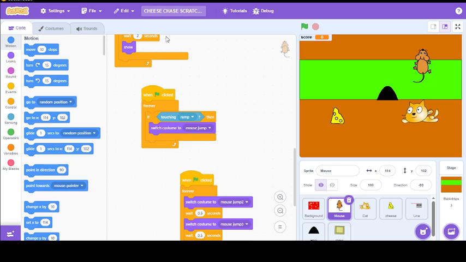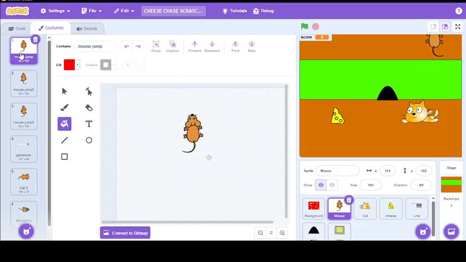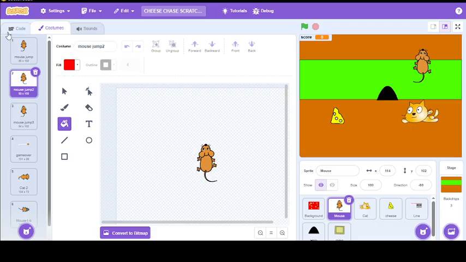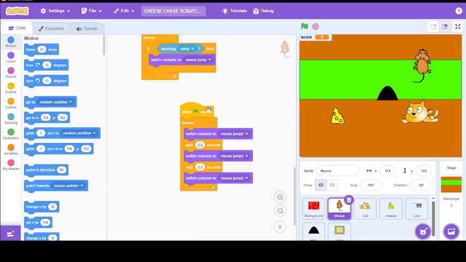The mouse jump makes it go up. So let me show you the difference here. This is mouse jump 2, then this is mouse jump. As you can see, this one makes it move up, and this one is just normal. So the next code here is this: when clicked,